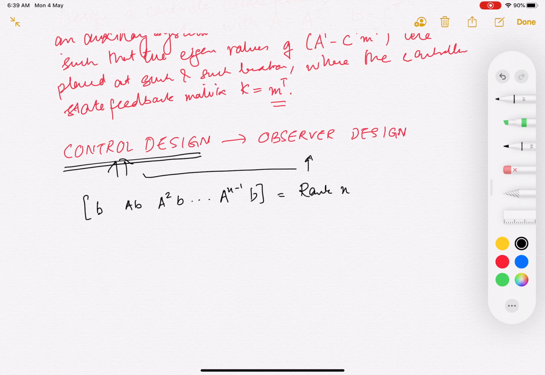And in this case, for the dual system, the B matrix is C transpose and the A matrix is A transpose. So just replace the A and B matrices for the dual system. So this goes on to (A transpose) to the power n minus 1 C transpose. So this would have a rank n,